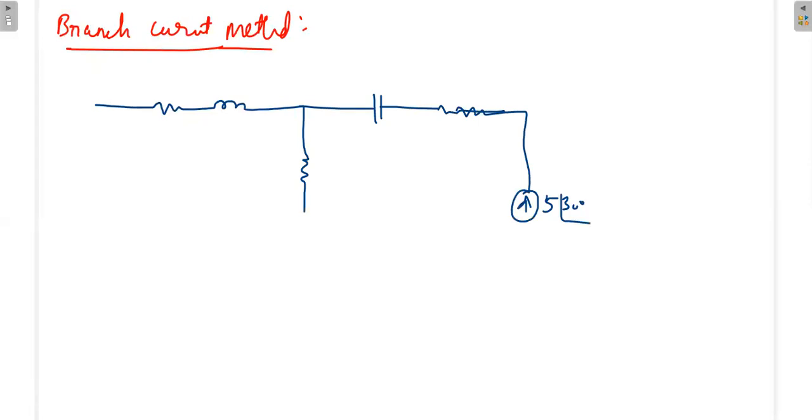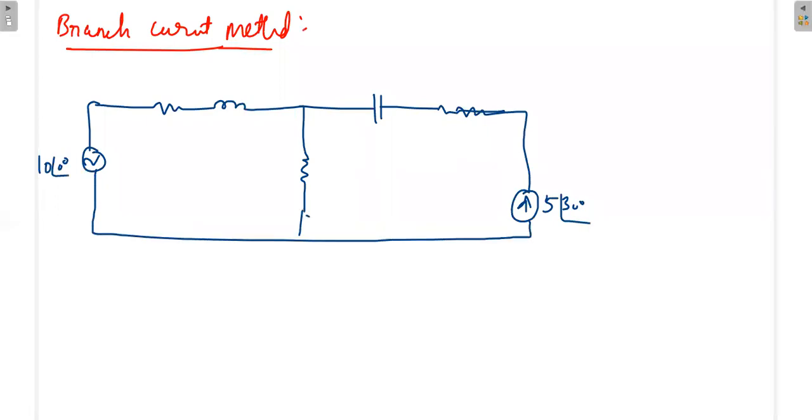Here we have 2 ohm and J2. This current is already given as I, and that is what we want to find. What is the value of I? This is minus J1, and this is 1. Now I know the current across this branch. Some current is already coming here, and something is going here, so what should be the current here?